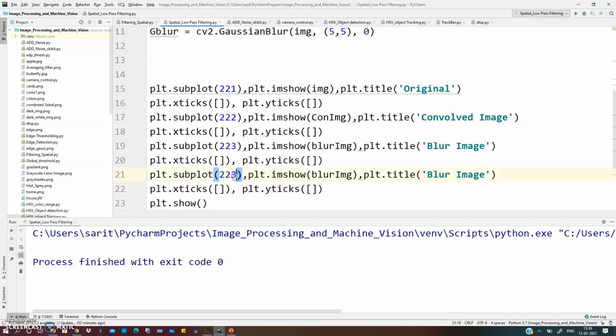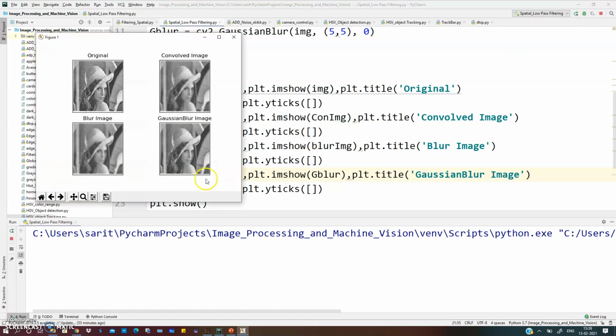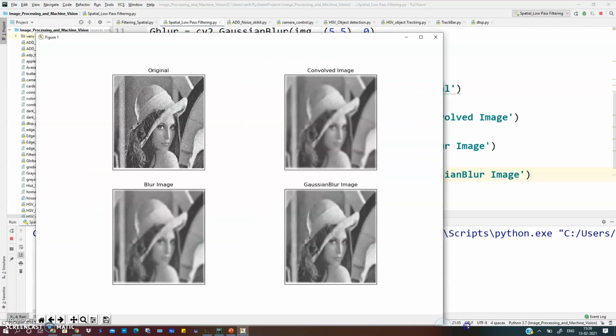Now this will become the fourth image, and the variable is gblur, and the image is here Gaussian blur. Okay, let's run. Now here you can compare the result.